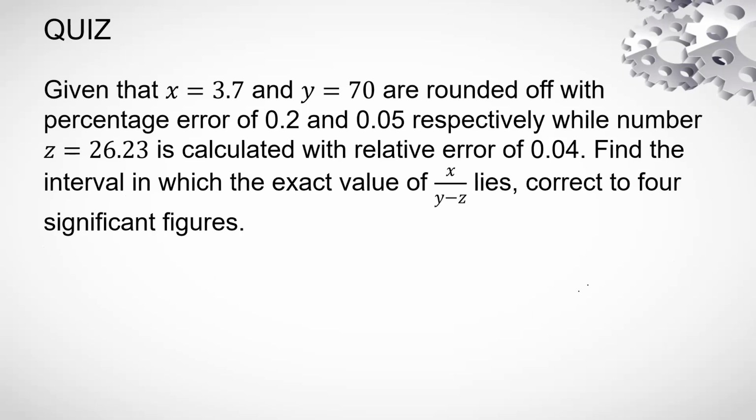Therefore, there is a quiz here. It says, given that x is equal to 3.7, y is equal to 70, rounded off with the percentage error 0.2 and 0.05 respectively, while the number z is equal to 26.23 is calculated with relative error of 0.04. Find the interval in which the exact value of x over y minus z lies. Correct for significant figures. What does this mean? This simply means that we've been